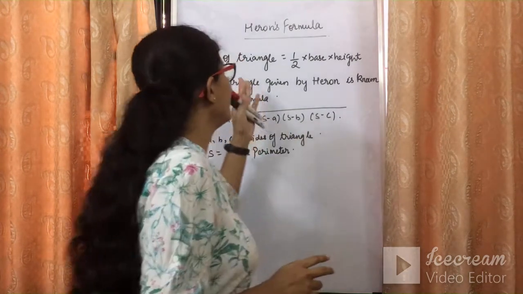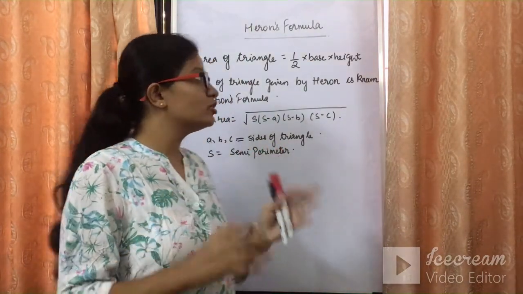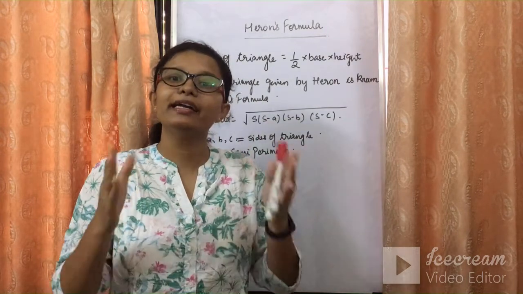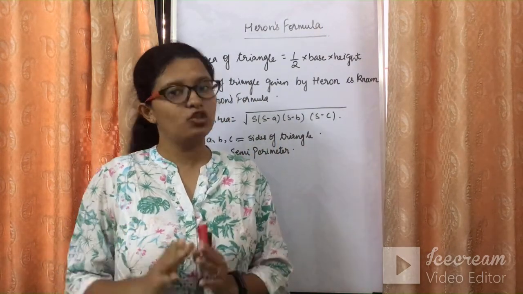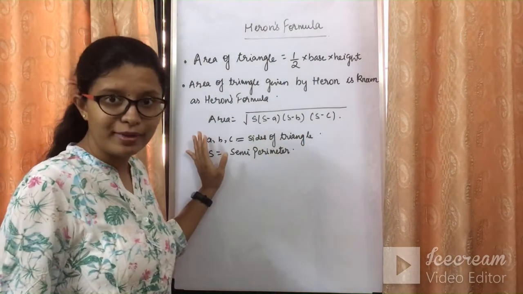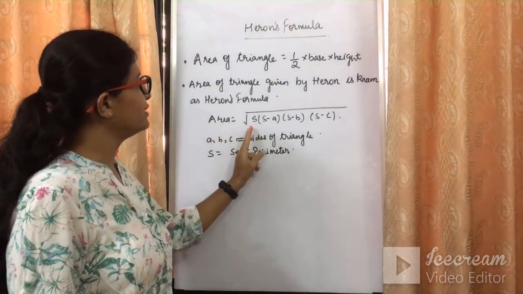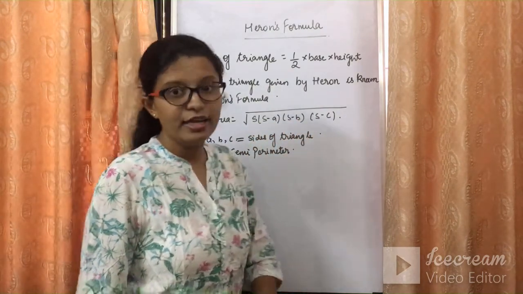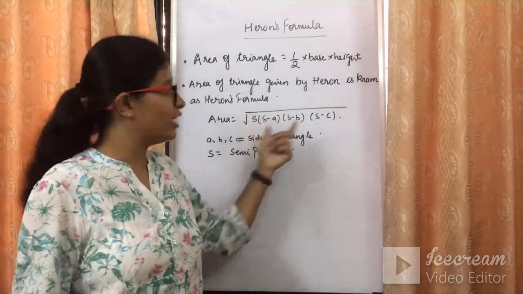इसलिए चैप्टर का नाम भी हमने Heron's formula देखा है. तो बेसिकली हमको क्या करना है चैप्टर में, Heron's formula हमको क्या बताता है, it tells you about the area of the triangle. तो ट्रायंगल का एरिया निकालने के लिए, this is the formula which was given by Heron. So the area of the triangle is nothing but under root of s into s minus a, s minus b, s minus c. So let's have a look what the terms mean here.